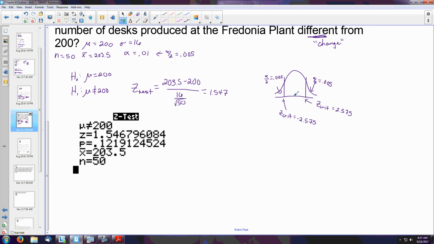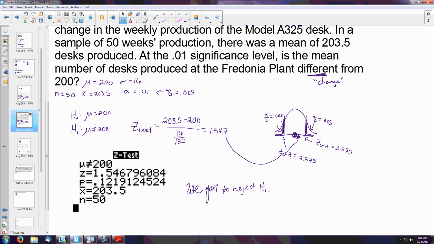Which again, if you treat this like a number line where 0 is in the center, this falls right around here. And because it's not in our tail region, in other words, it's not in the rejection region on either side, we have to say that we failed to reject the null hypothesis. So what does that imply about this data? That means that we do not have evidence supporting that there's been a change in the number of desk production,